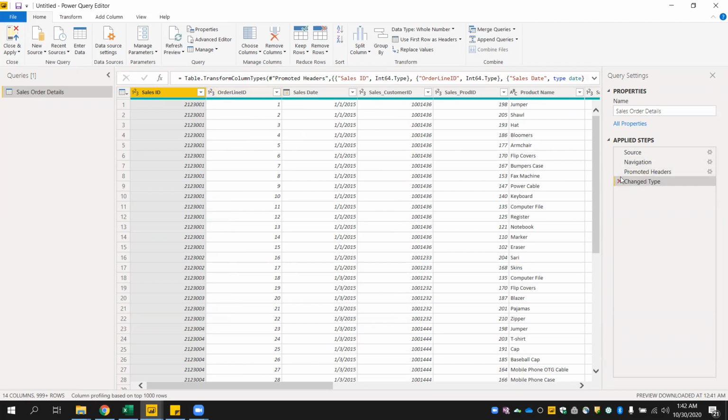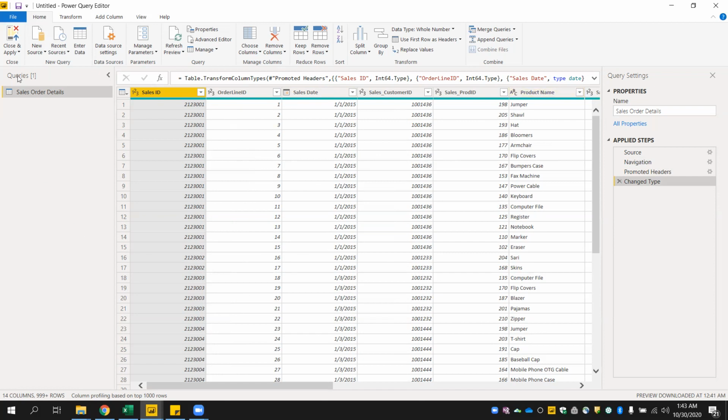So change type, what it does is, as Power BI loads data, it will change the data type as per the values we are loading in each of the fields. If there are any numbers in the field, it will convert it into numeric values. If there is any date field, it converts automatically into date, or if there is any alphanumeric data, it will convert it into text, right?